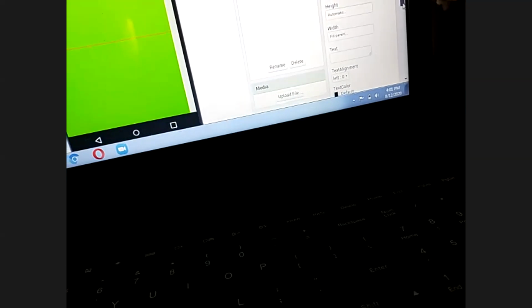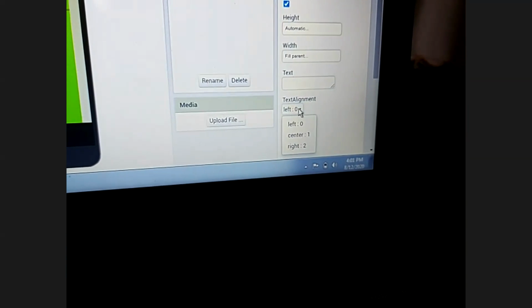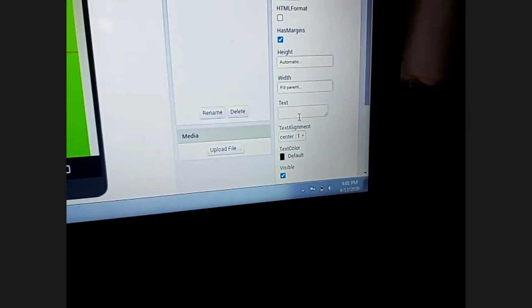Now go down. Yes, Rajvi, I am coming to you also. Just a second. Now you can see the text alignment. Yes sir. Do it center. And now type the text. ओके सर. थैंक यू. Yes, Rajvi, now you can ask.